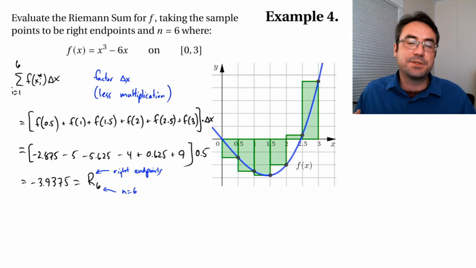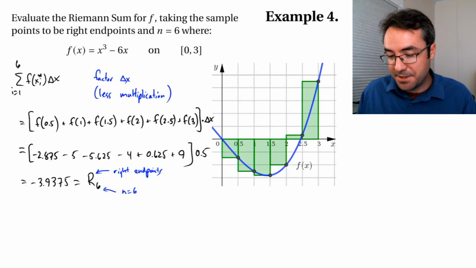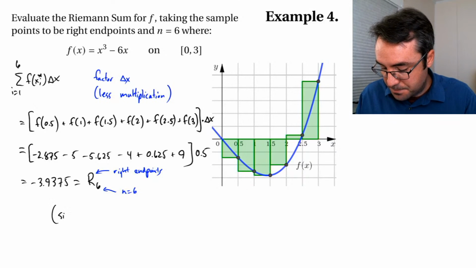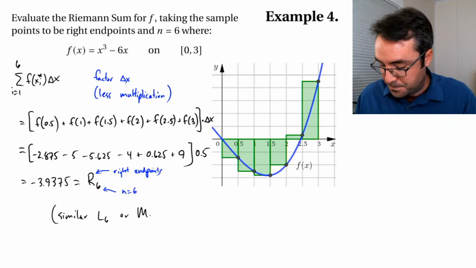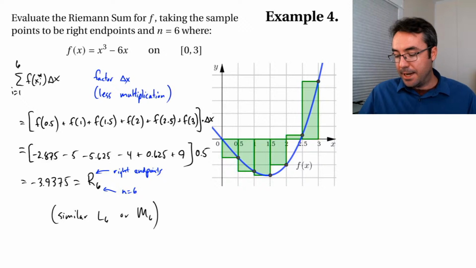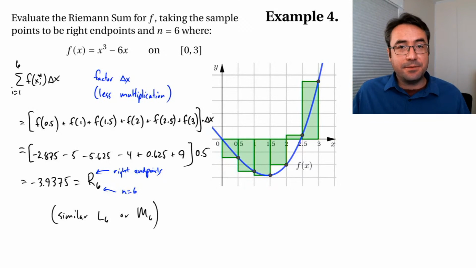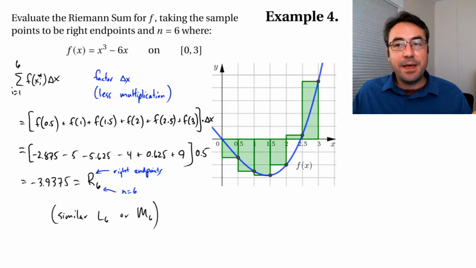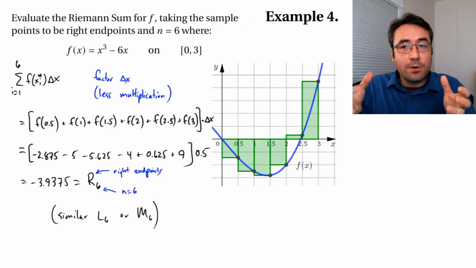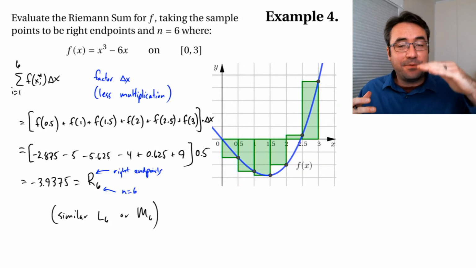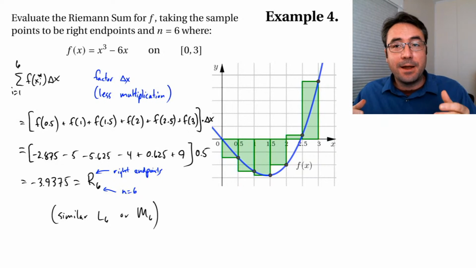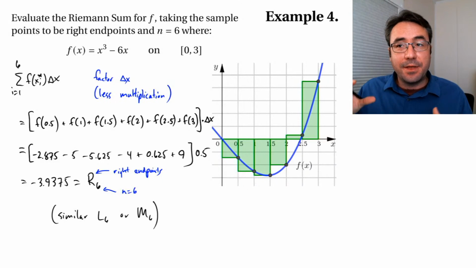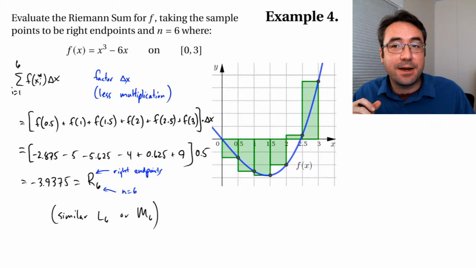And if we were using midpoints, we might call it M6. And a Riemann sum can be negative, just like we saw definite integrals can be negative. What that means is the rectangles that fall below our x-axis, there's more of them, and they have more area than those 2 rectangles at the end that are sitting above